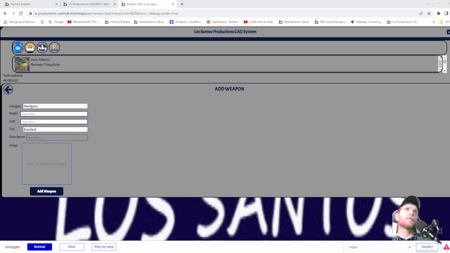Handgun. I have all these images for the weapons saved, so